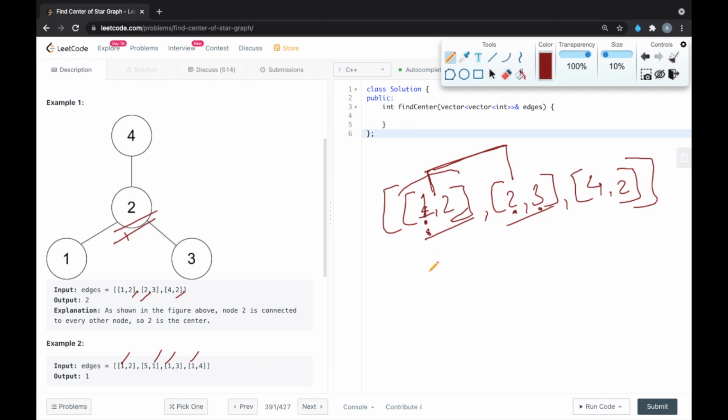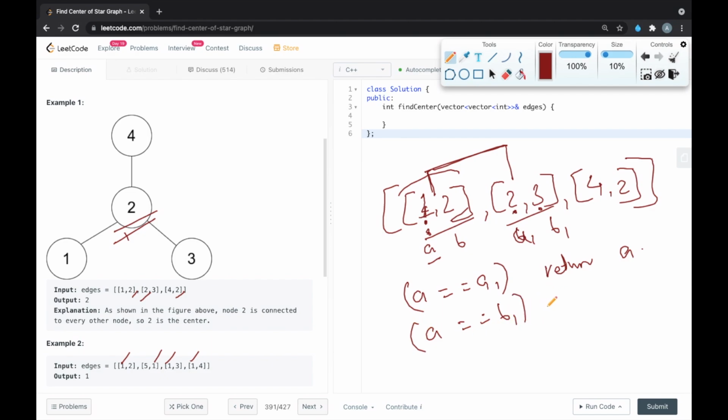So let me write it over here. So let's assume the first edge is A, B and the second edge is A1, B1. So what we can do is we can compare A with A1, and if these are equal, then we will return A. Then we will compare A with B1.